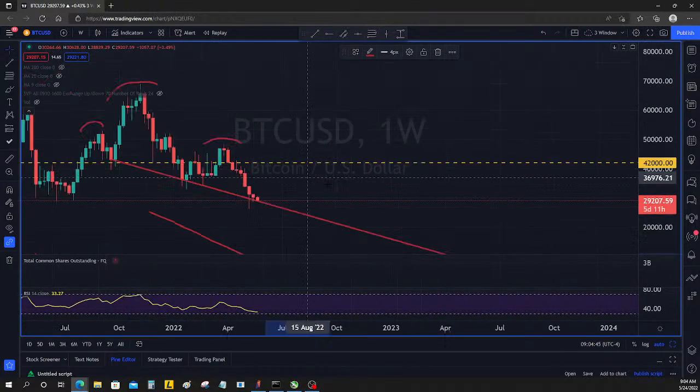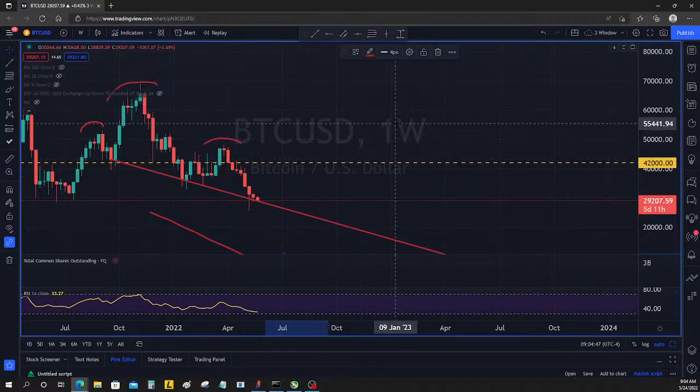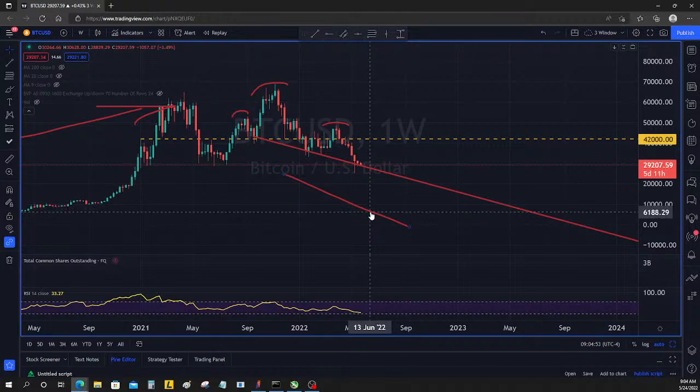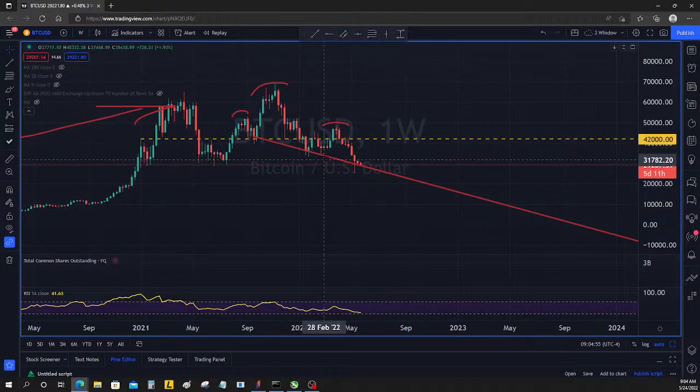And here it is, and sure enough, Bitcoin is heading further down from here. Now, nothing goes down in a straight line. I mean, it's not gonna follow this line perfectly. It could very well